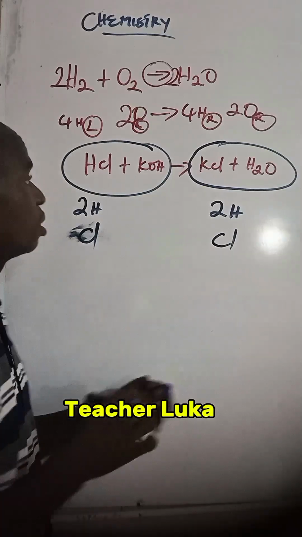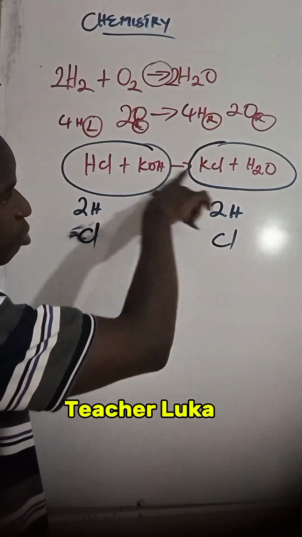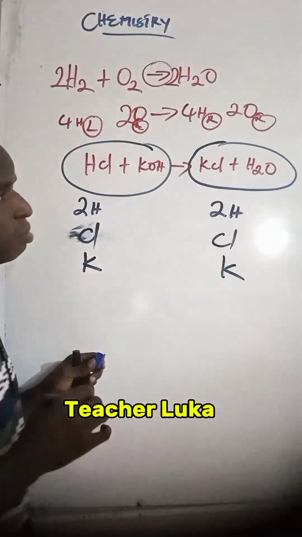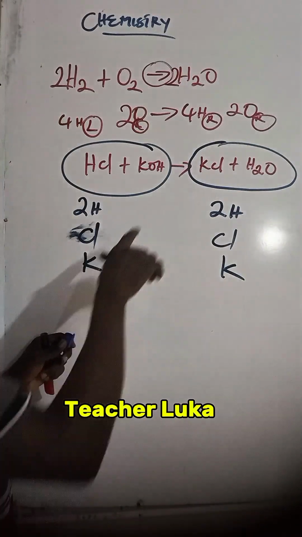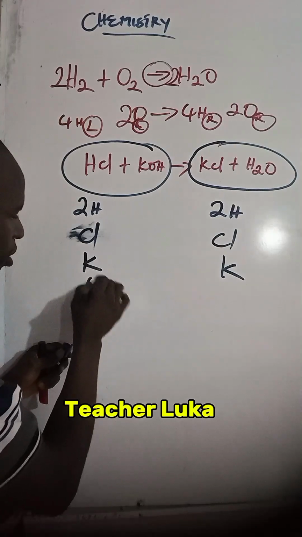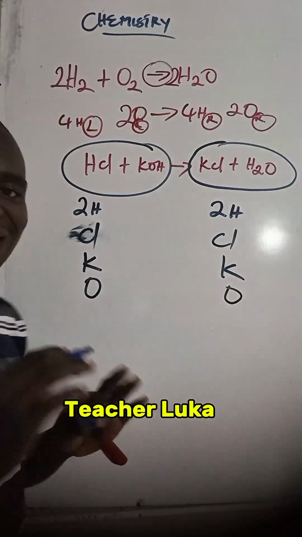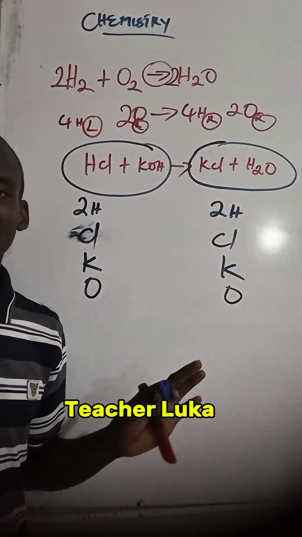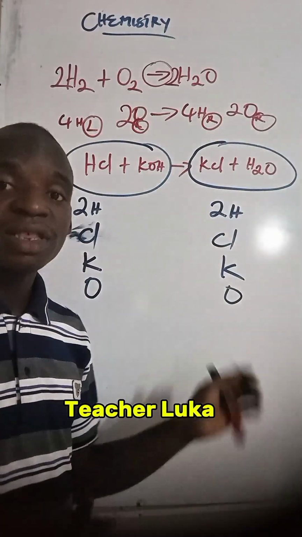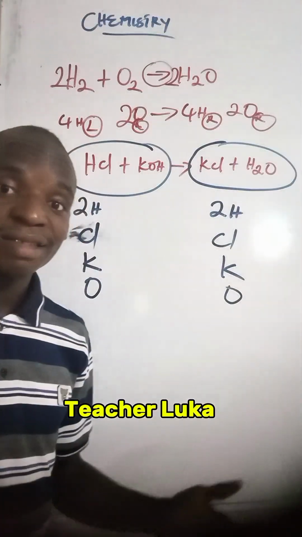Now, I have 1 potassium and of course 1. So potassium, potassium. How many oxygens? 1, 1. Oxygen, oxygen. As simple as that. Do you understand? Okay, of course, some of these elements exist as gases, okay, as